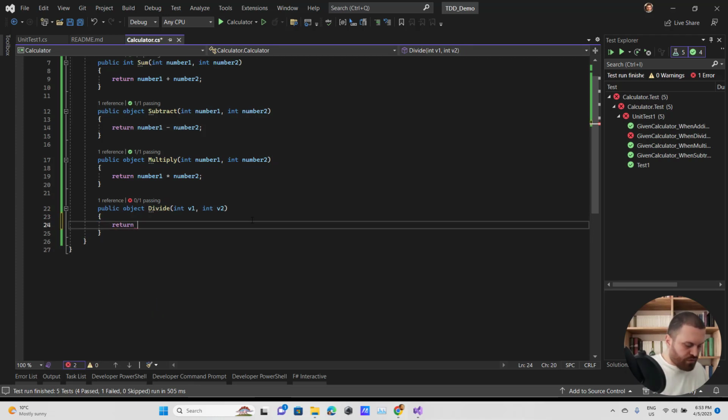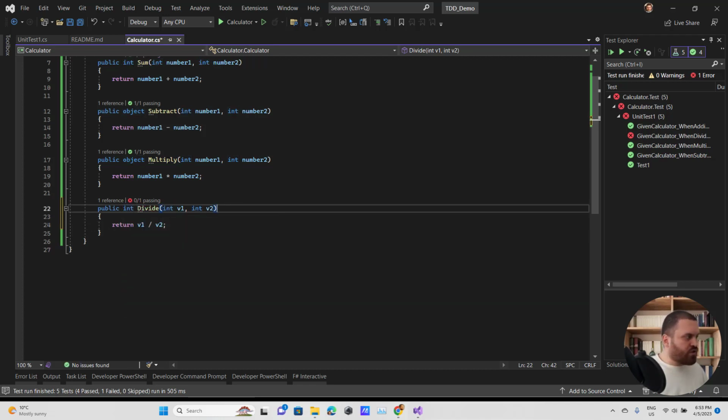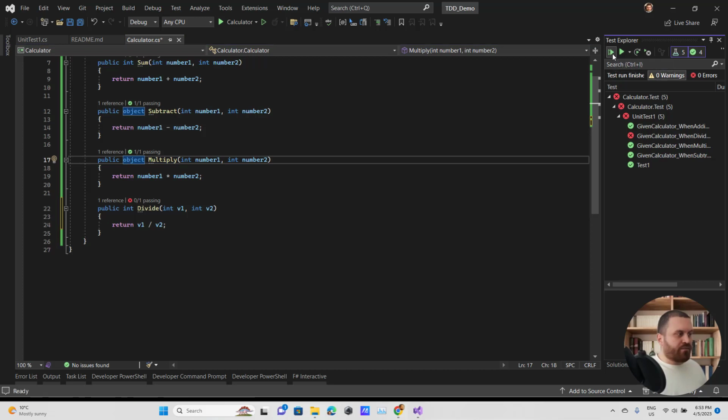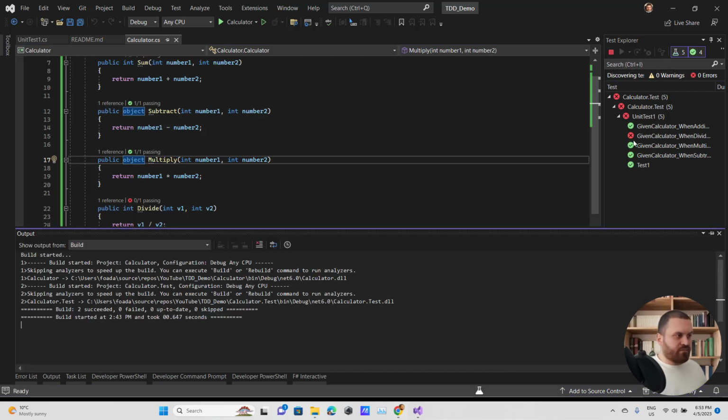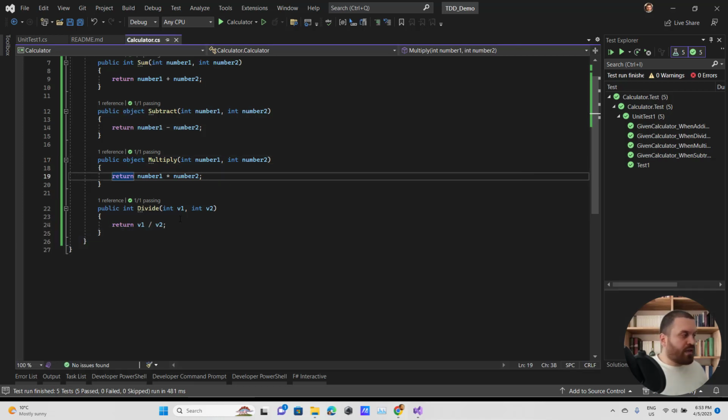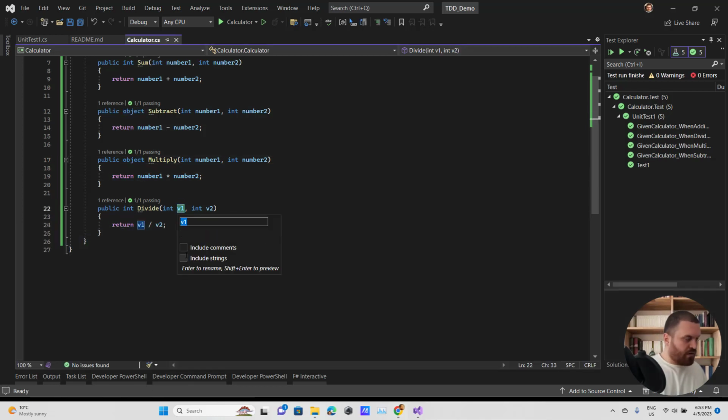It is going to return v1 divided by v2. For now, I'm going to make it integer. Oops, they're returning objects. I need to change them. But first, let me run it, because I cannot refactor anything when I have a red unit test. Nice, it is working.